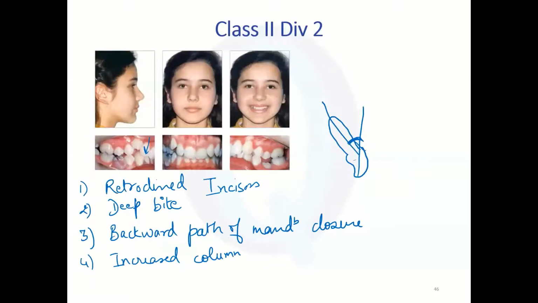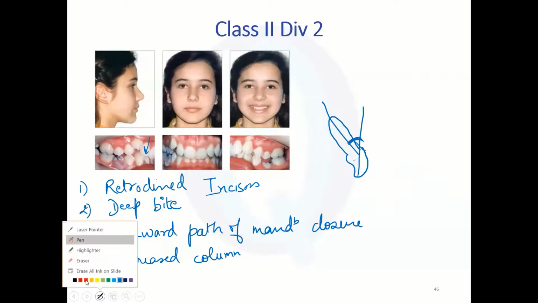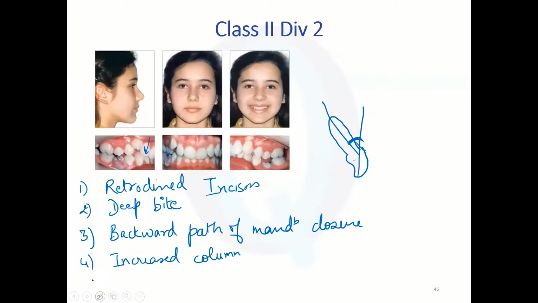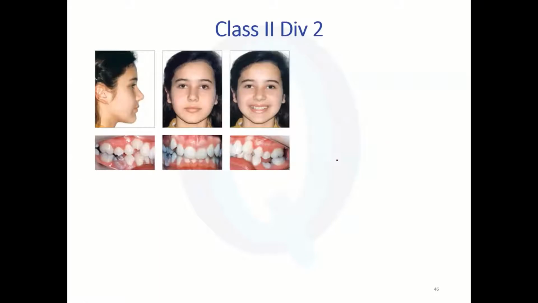Please explain the column angle. Column angle will increase. You might have read decrease somewhere, but that is wrongly given. It is wrongly given in Kharbanda sir's book. Okay, I'll just show you what is normal. So normally the incisors are like this. Very bad diagram. Okay, normally the incisor is like this, basically.